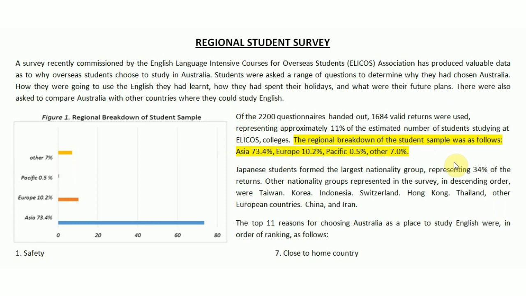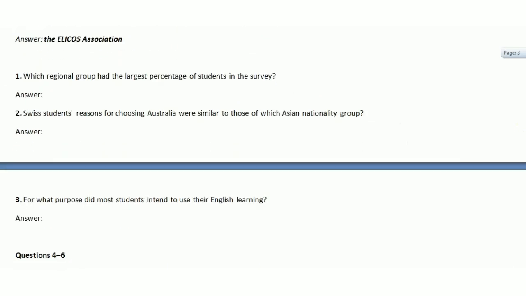Yes, so this is the location of our question number 1, and now we are gonna write this answer, Asia. Clearly 73.4% is greater than 10.2%, 0.5%, and 7.0%. So our answer is gonna be Asia. Let's write it down. Answer is